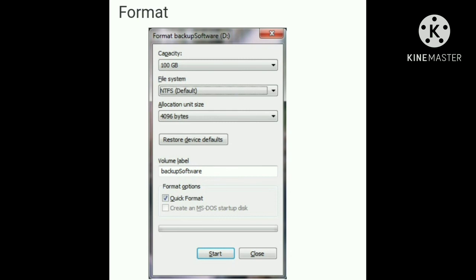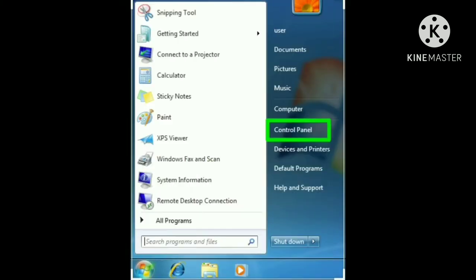The format creates a new root directory and file system for the disk. It can also check for bad areas on the disk, and it can delete all data on the disk. To be able to use a new disk, you must first use this command to format the disk.